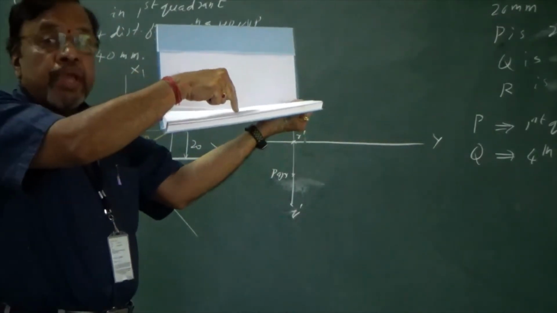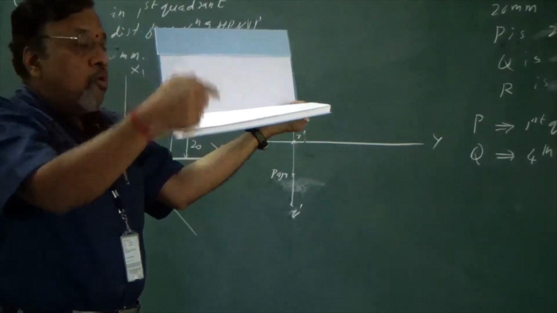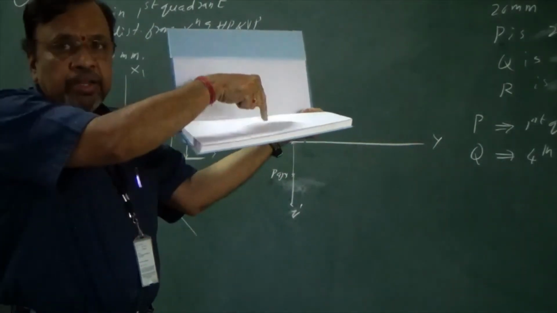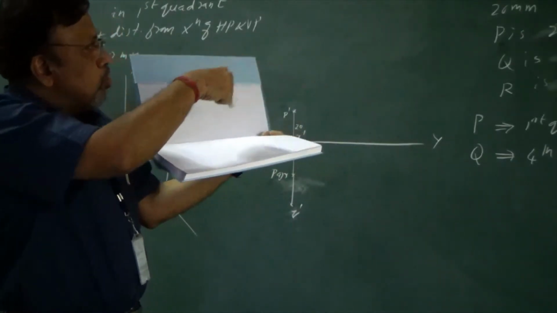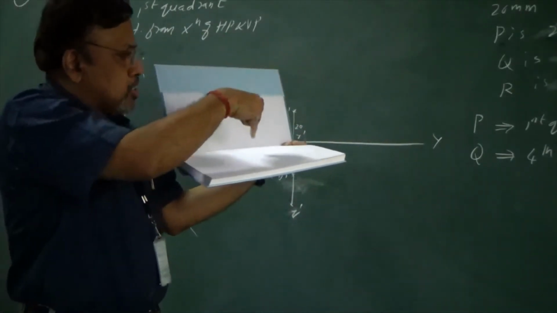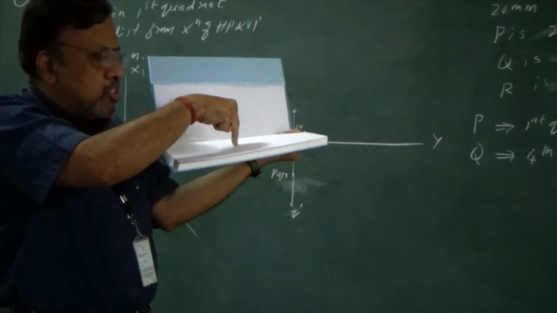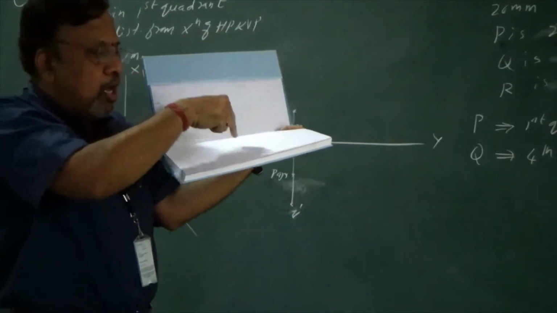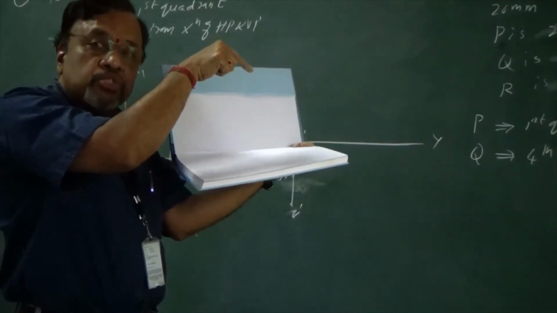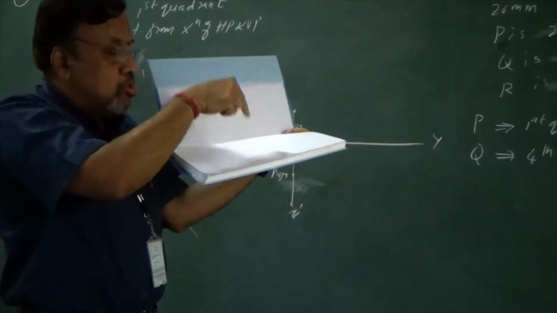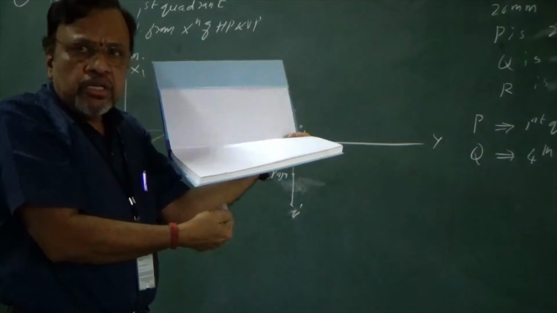The point may be in the fourth quadrant or it may be in the first quadrant, because that is the point I told you, it is on XY. I said R is on HP. Instead of that I will say that R is above HP, or I can say R is below HP. If R is above HP, I can say R is in the first quadrant. If I say R is below HP, it means it is in the fourth quadrant.